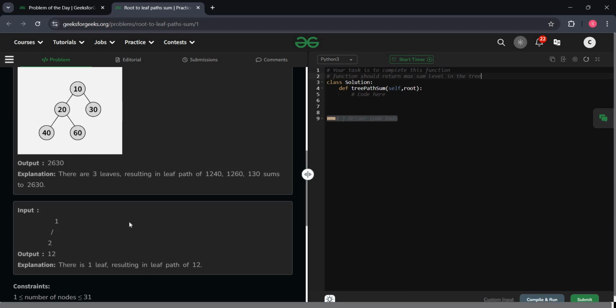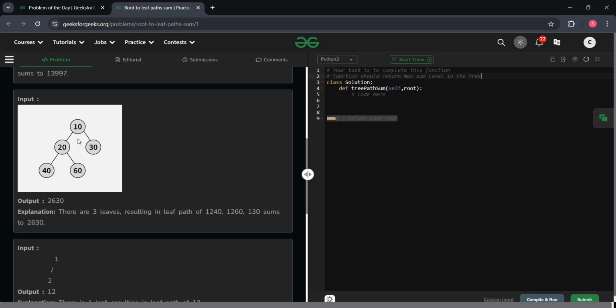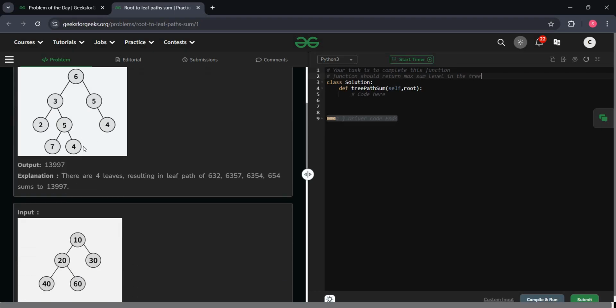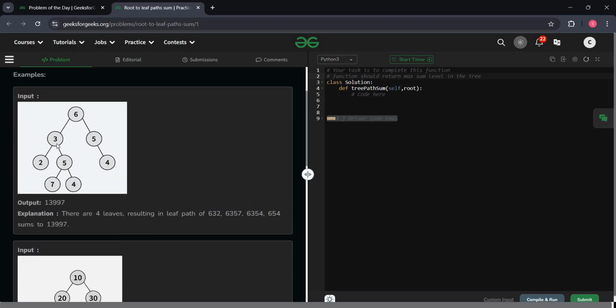So I think we need to, 10 into 20 will be like 1000, I guess. So 40 is the sum, so 20 times 10. I think here we need something like 10 times parent plus current value. So here the parent is 3. 3 into 10 is 30, 32, 6 into 10 60, 632. Okay, here we have the parent 5, 5 into 10 plus 7 is 57, 3 into 10 is 30 plus 57 is 357, and